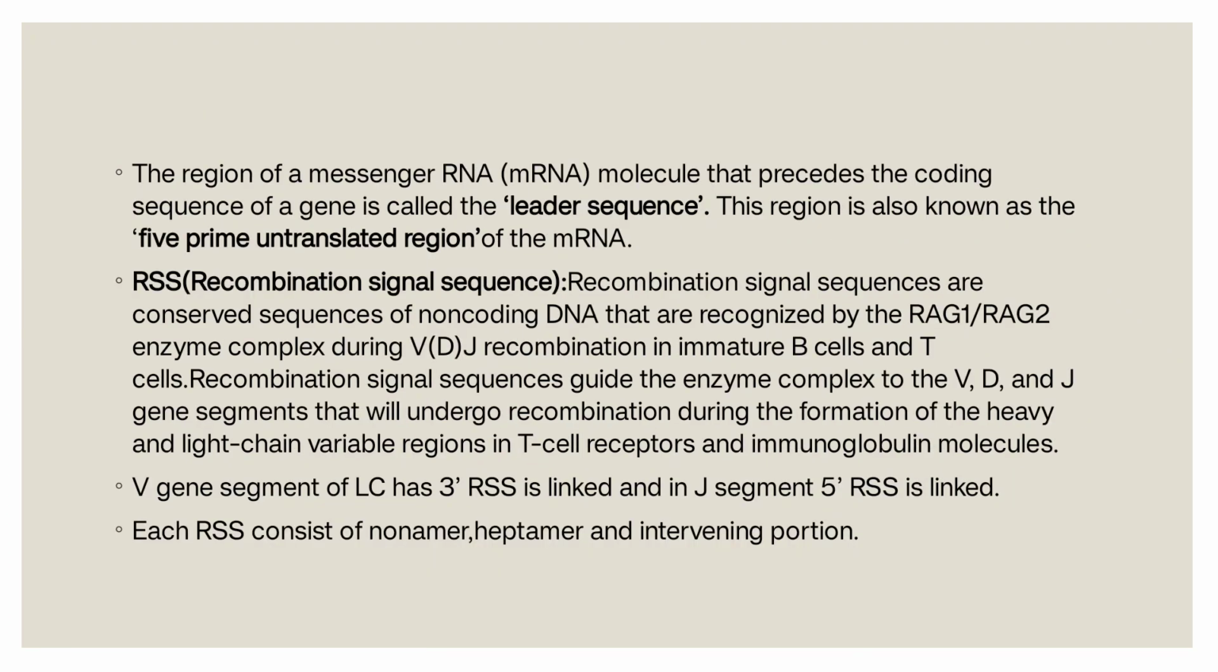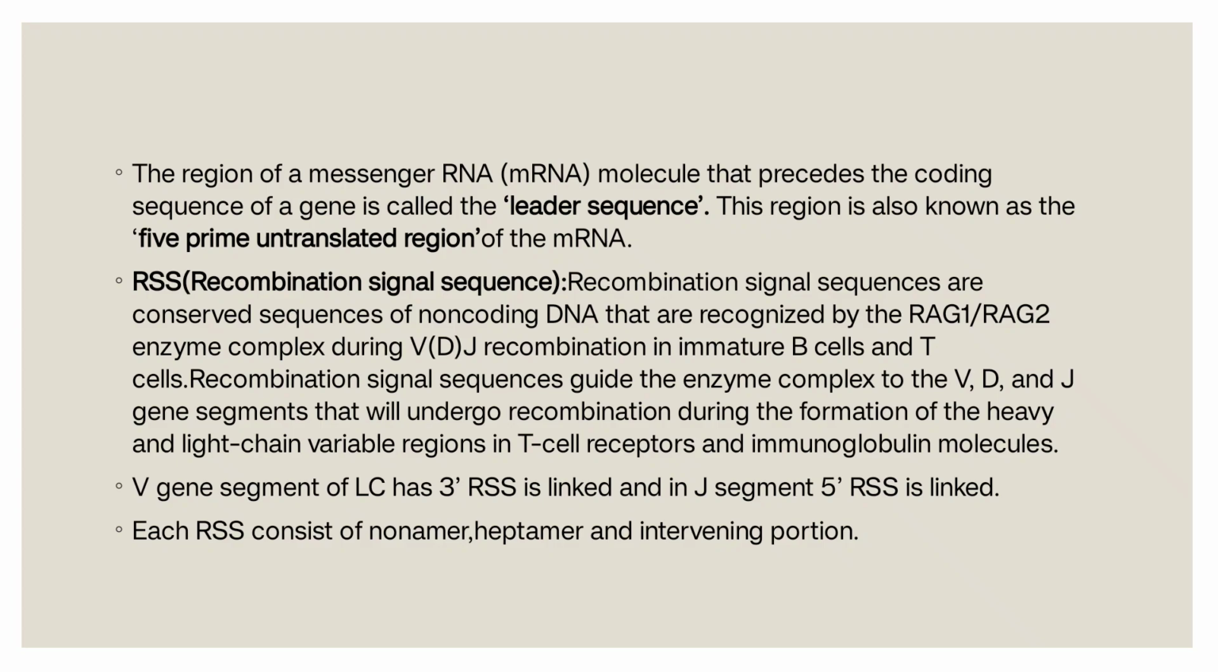Next is RSS, recombination signal sequence. Recombination signal sequences are conserved sequences of non-coding DNA that are recognized by the RAG1 and RAG2 enzyme complex during VDJ recombination in immature B cells and T cells. Recombination signal sequences guide the enzyme complex to the V, D and J gene segments that undergo recombination during the formation of the heavy and light chain variable regions in T cell